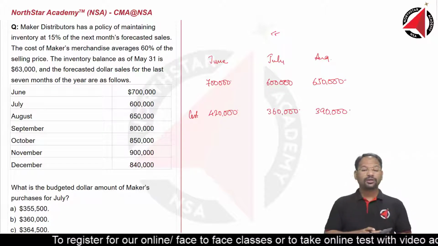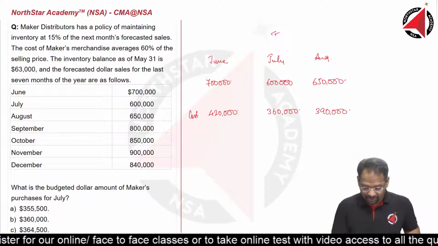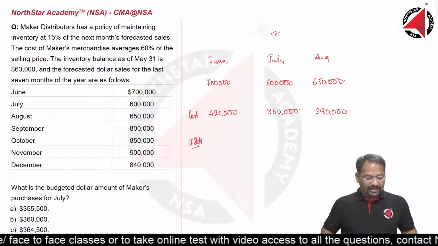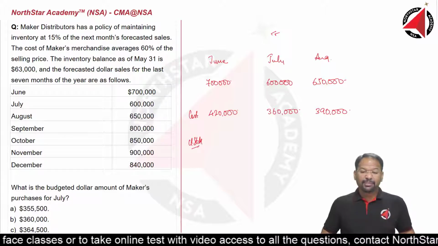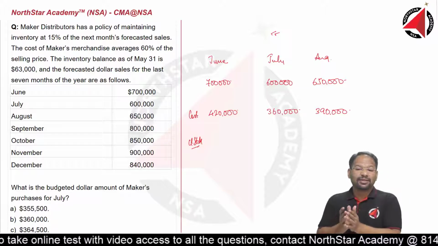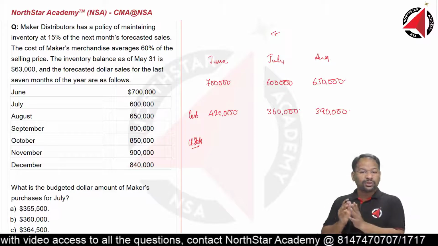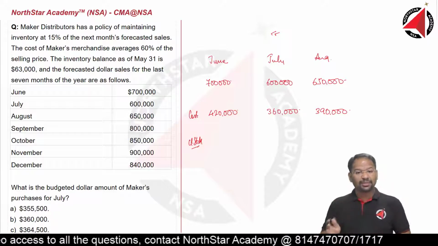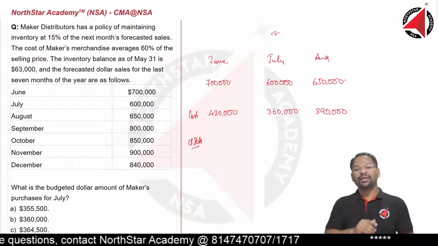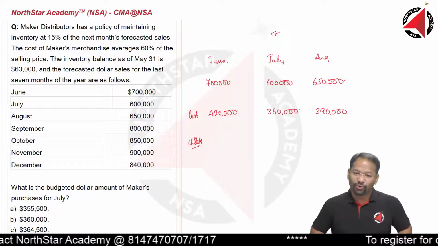We have got the cost. Now we need to find out how much is the closing stock. How to calculate closing stock? It is mentioned that each month we will be producing 15% for the next month's sales. Means in the month of June, whatever is going to be sold in the month of July, 15% of that shall be produced in the month of June only for being sold in the month of July. In other words, it is closing stock.